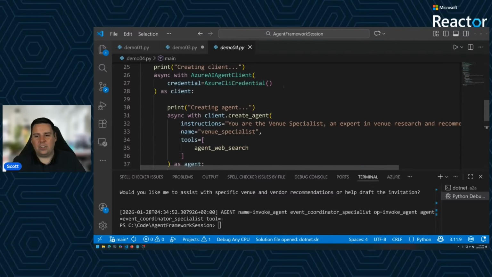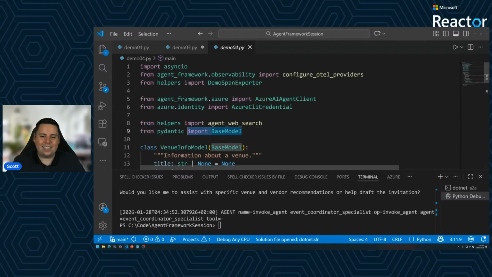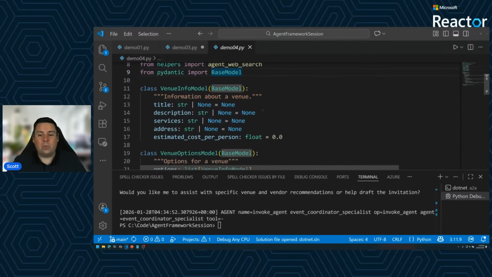Now, internally, this is using Pydantic. So if you've used that before, absolutely amazing, especially in terms of parsing and model generation. And in order to use it with the Microsoft Agent Framework, we just need to build a model that inherits from base model, and we can add any properties we want on here. The nice thing is when this is sent off to the Azure AI Agent Service or to an LLM, it will convert that into a structured output schema that will then be passed to the relevant LLM.